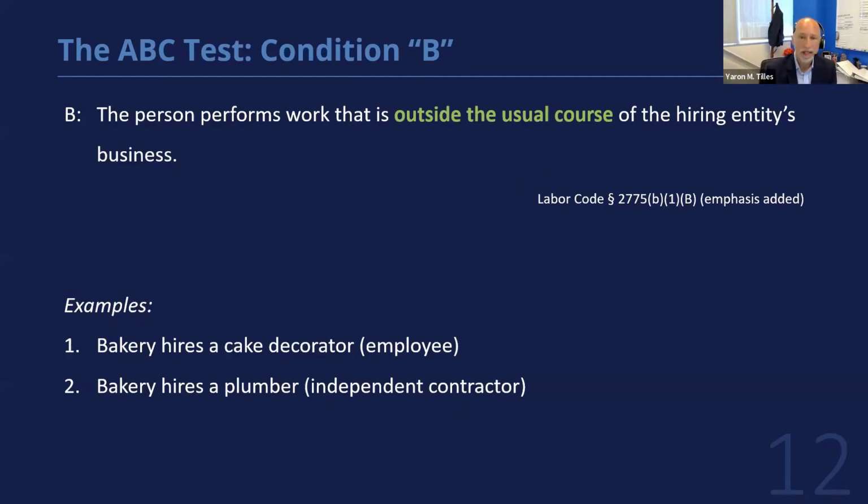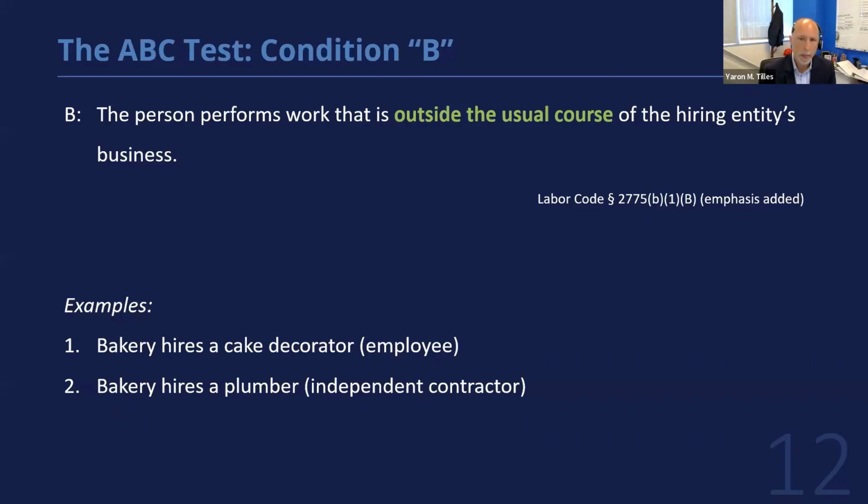This is straightforward and essentially means that if you are hiring someone to assist you in your primary business activity, it's unlikely they can be considered an independent contractor. These workers would ordinarily be viewed by others as employees of the company. This is probably one of the three in the ABC test, I think, the toughest to escape for